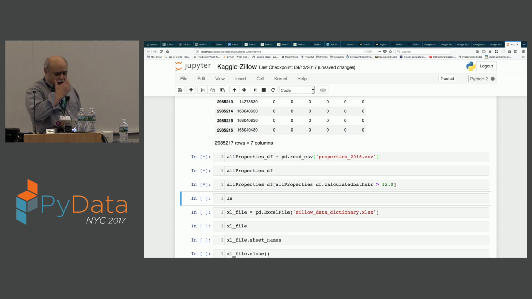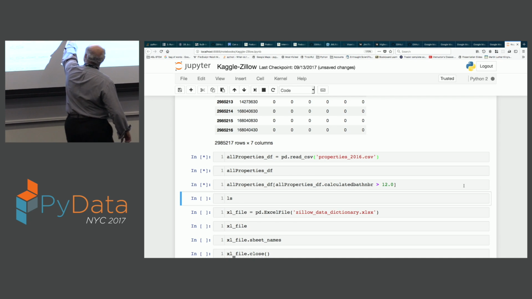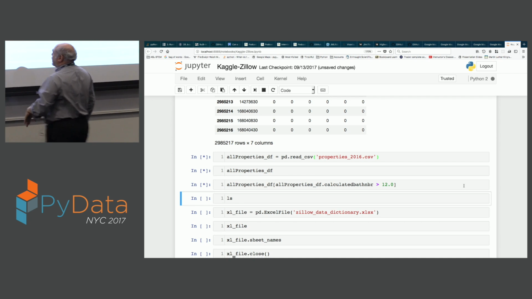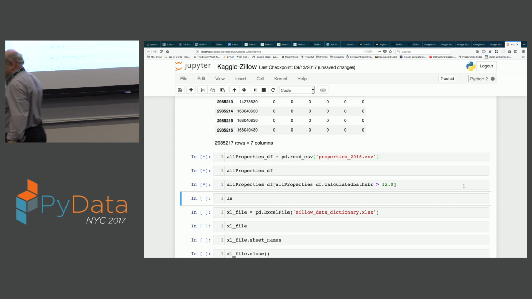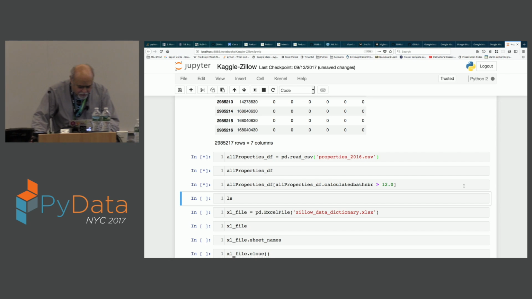Okay, so we're going to look for all the properties that have more than 12 bathrooms. So this is some really remarkable magic that you can just pop in here, number of bathrooms, and oh yeah, it's cranking through 2 million properties, and I don't know, it shouldn't take that long.